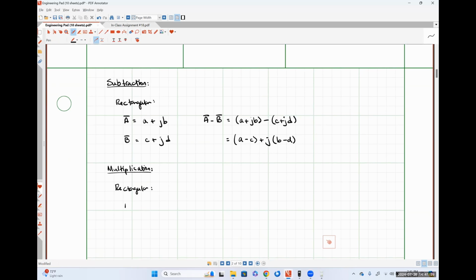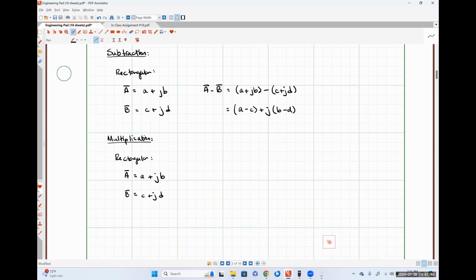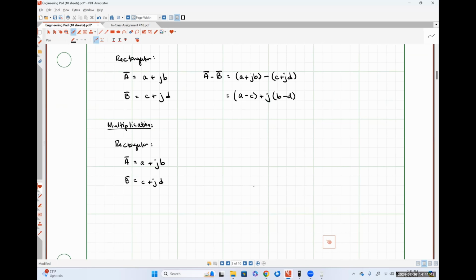So using the same complex numbers as before, a = A + jB, and b = C + jD. So this is where we have to get a little bit nitpicky with how we choose to represent an operation. If I'm multiplying two complex numbers, you will always see me just put those two complex numbers next to each other. I may put them in parentheses. What you will never see me do